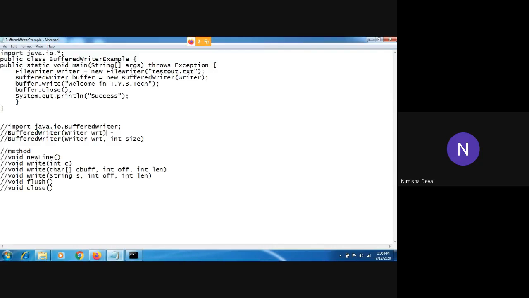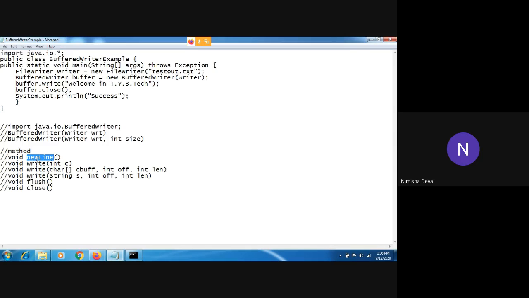The first one creates a buffered character input stream that uses the default size for an input buffer, and the second one creates a buffered character input stream that uses the specified size of an input buffer.